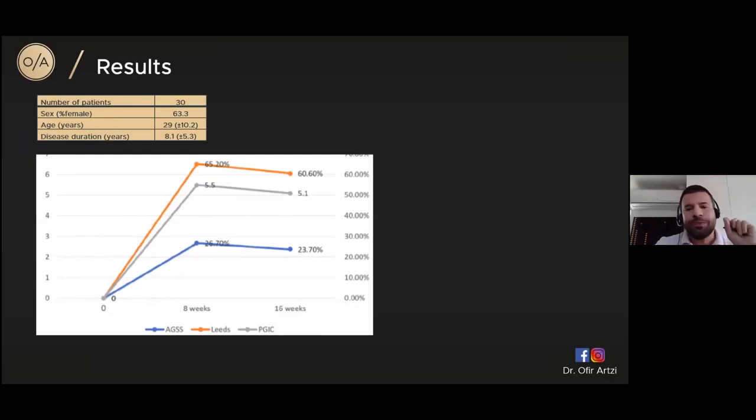And one thing to really mention, again, you can read the whole publication. It was published a week ago. So we had altogether 30 patients. 63.3% were female. You can see the average age. You can see we're not talking about new disease. So we took patients that were resistant, or they refused another cycle of mainly oral isotretinoin,